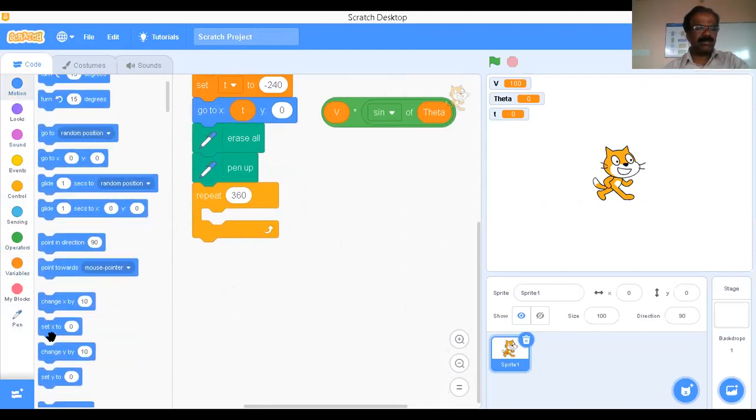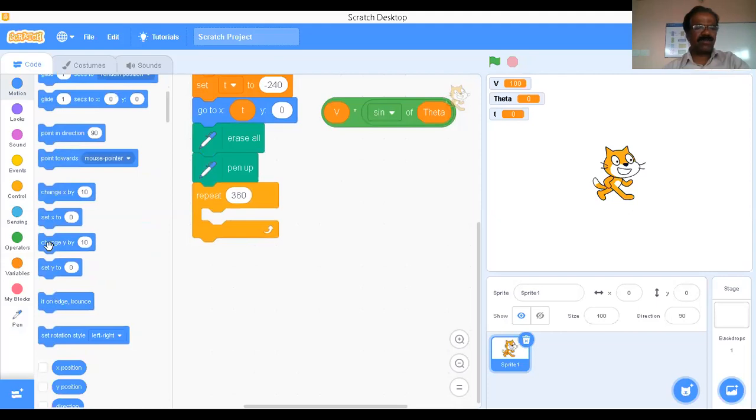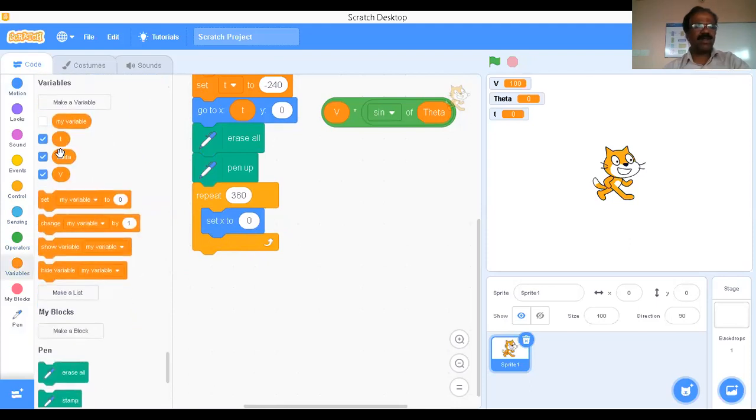Then go to motion. I want to set the value of x and y. Set x equal to t, because what is the initial value of t? Minus 240. Go to variable, and under variable, I assign the t value to x. Therefore, initially x must be minus 240 because I want to start from here. Then set y. The y decides the magnitude of the waveform.